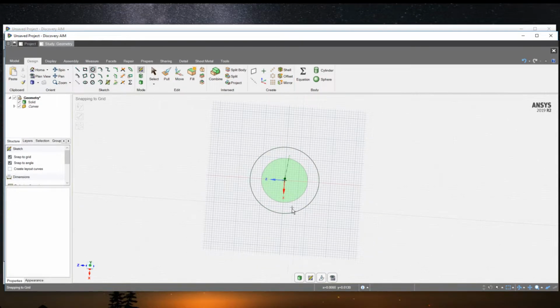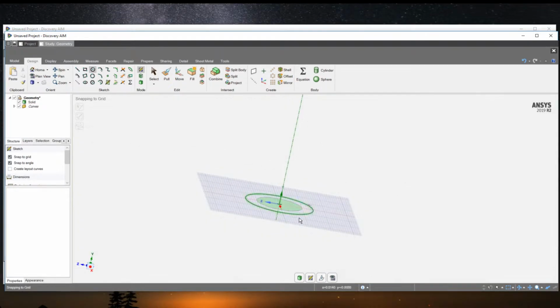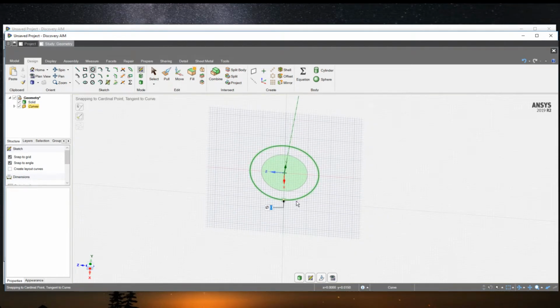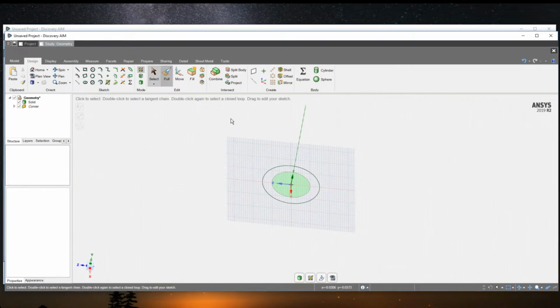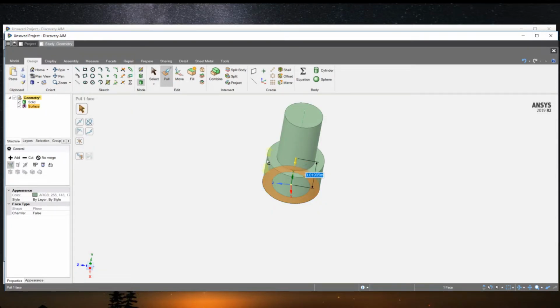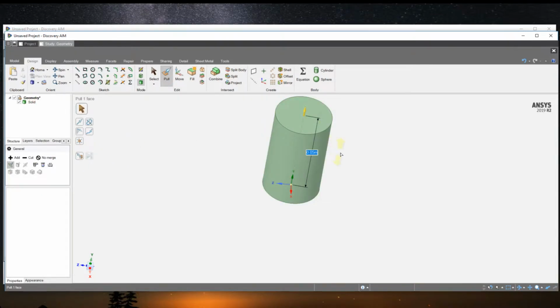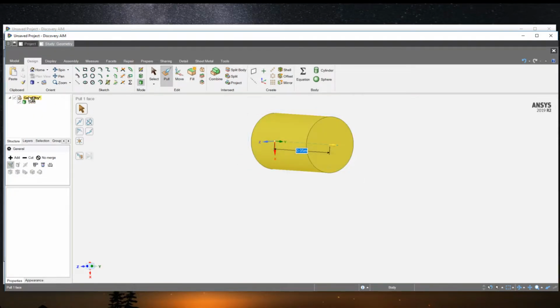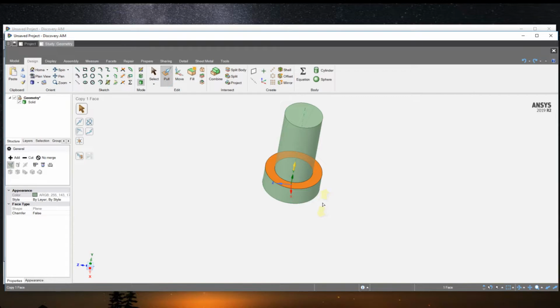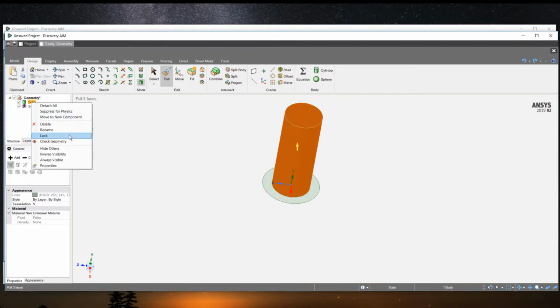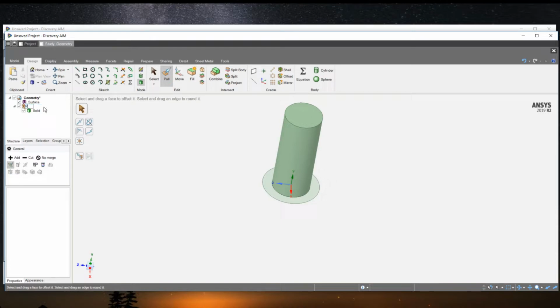Okay. Oh, that's probably too big. But anyways, I will just go ahead and do it first, and I basically pull, and you can make this face align with this rod. And now you can see, because you didn't move them into a separate component, when you create it, they are merged together. So what we want to do here is, before that, move this solid into a separate component. So this is a rod,